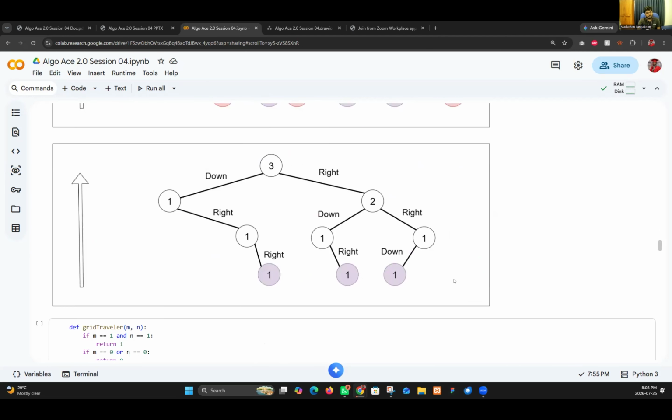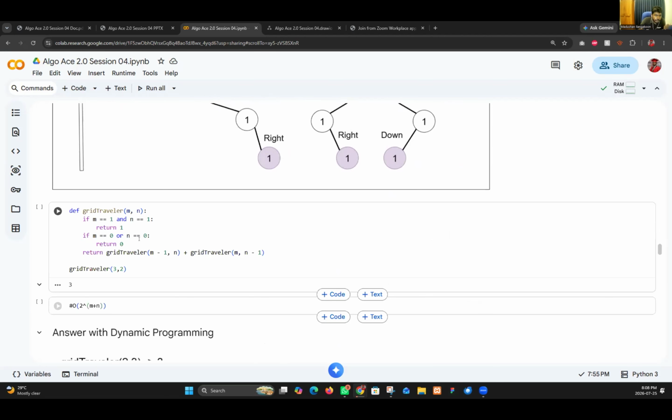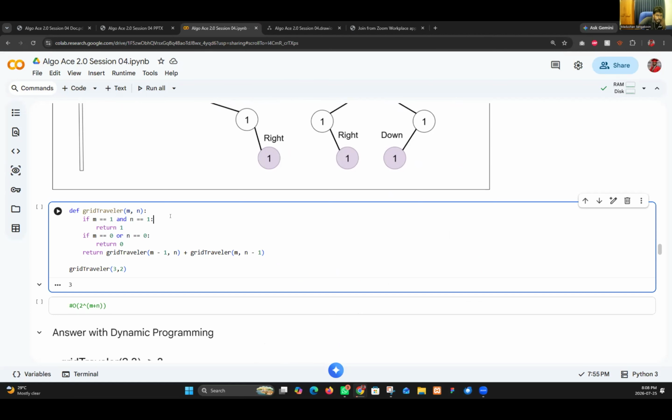Okay, let's come to the coding part. So now you have the idea. There are 2 things. First one is the number of row count and the second one is the number of column count. And we need to think about